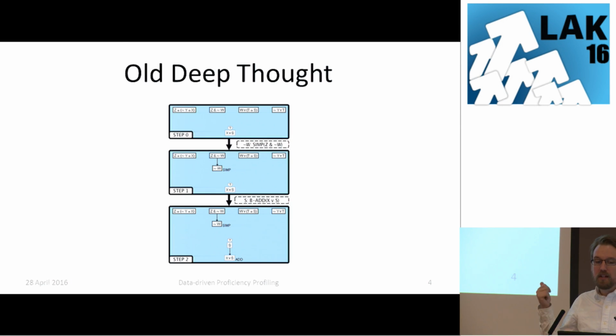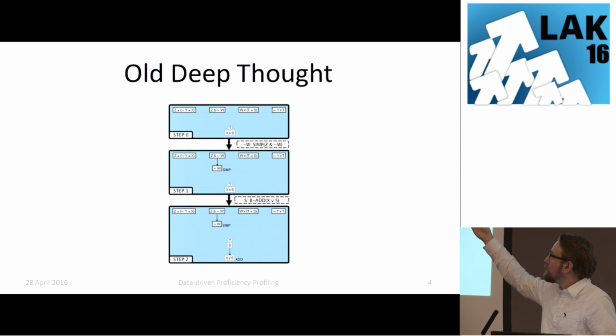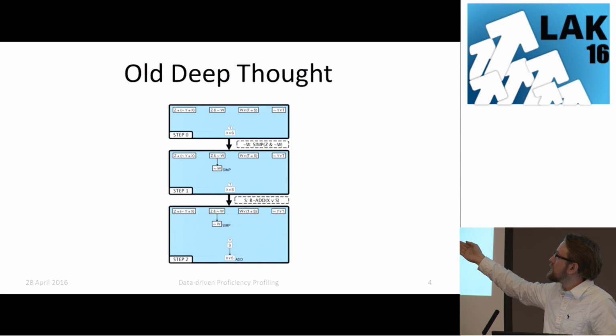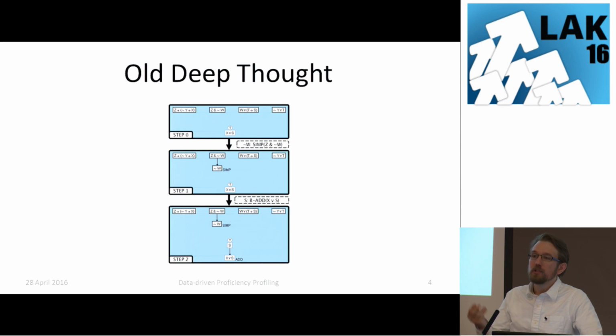So this example is using the old Deep Thought, but I just wanted to give an idea of step one, you start out with really nothing connecting, and your goal is to somehow connect to the conclusion, which is at the bottom. You can see that the first thing that they did there was use simplification to get not W out of the proposition for Z and not W. And likewise, there's some ability to work backwards, so from the conclusion up. And so this is more or less how the system works.